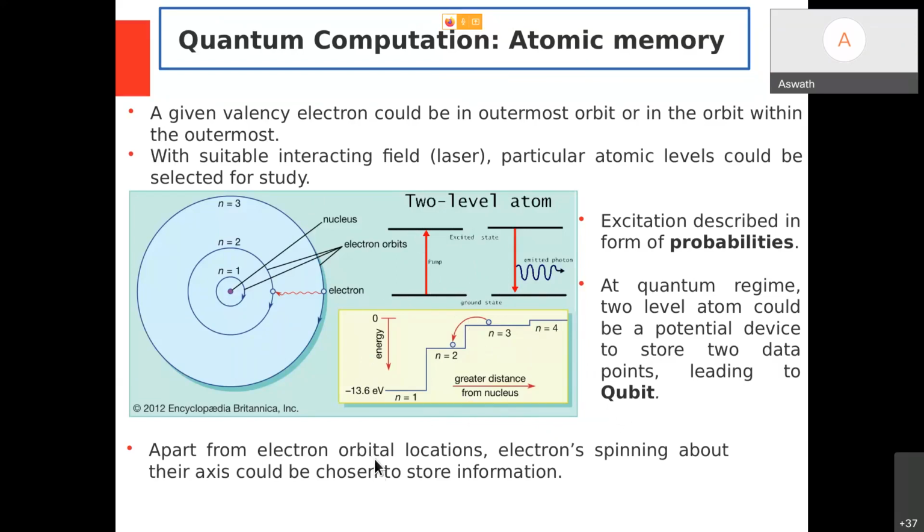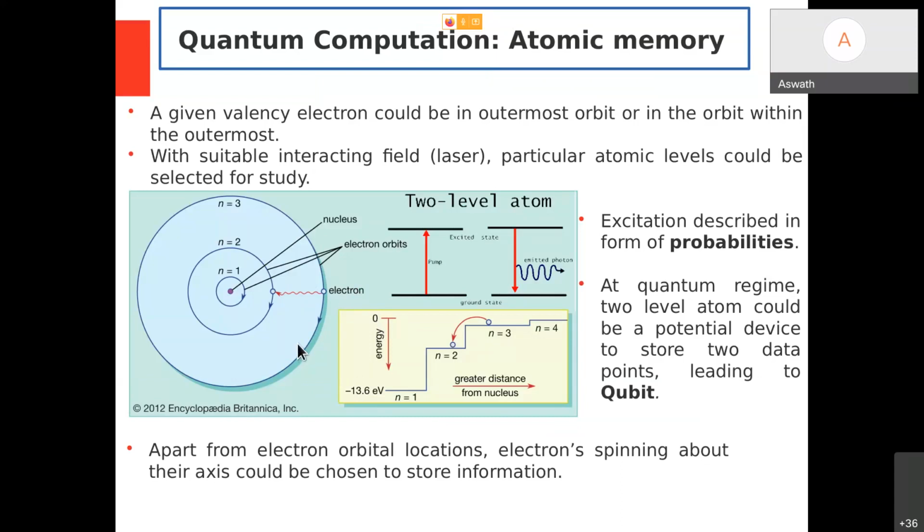Not only that, an atom with an electron can exist in 2 different states. How? If the electron can be in ground or excited, that is one way. The electron can also exist with upspin or downspin. There is something called spin. What I mean by spin: take our Earth. Apart from rotating about the sun, it also revolves about its own axis. Because of rotating about its own axis, you may say there is a spin associated with that. If there is a clockwise spin, we have one kind of representation, anti-clockwise another way.